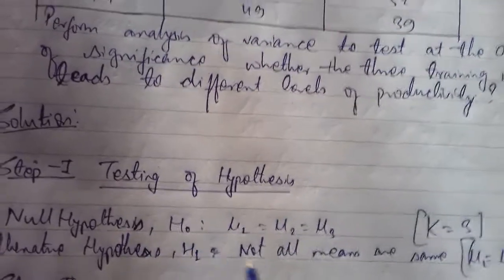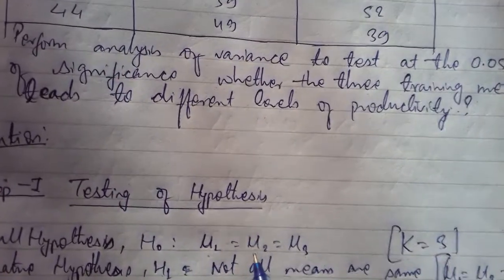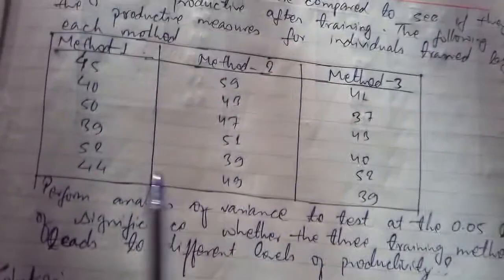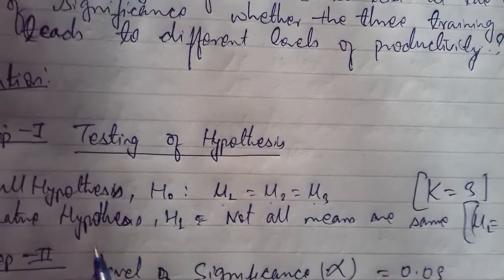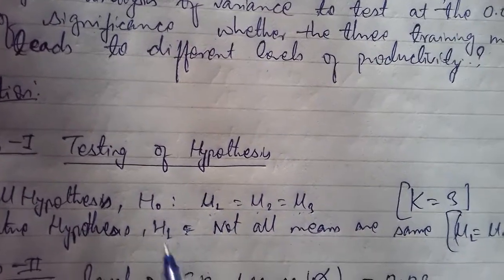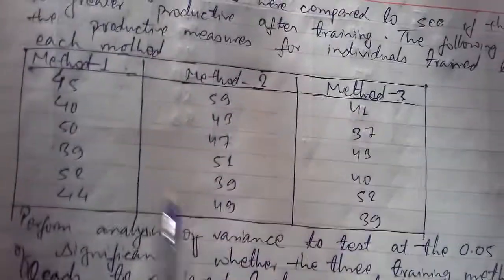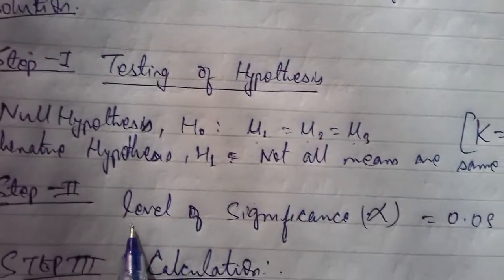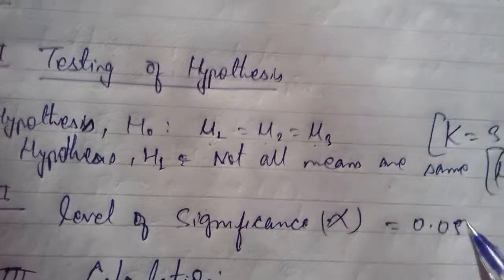In testing of hypothesis we have the null hypothesis, that is H0. In this we assume mu1 equals mu2 equals mu3, that is, the means of all three methods are the same. The alternative hypothesis is just the opposite of H0, that is, not all means are the same. We have three methods, so k equals 3. And step 2 is the level of significance, alpha equals 0.05, as it is given